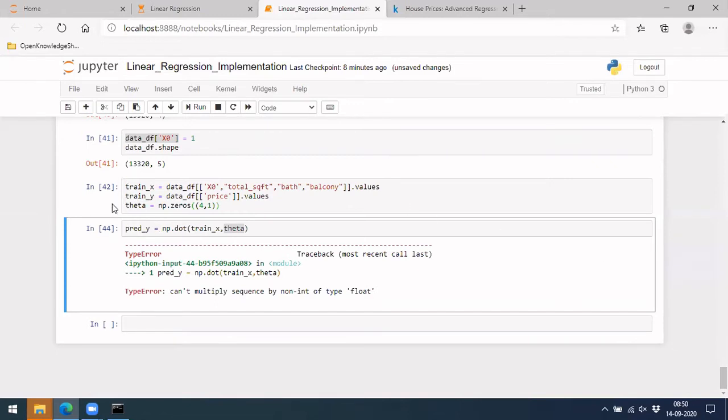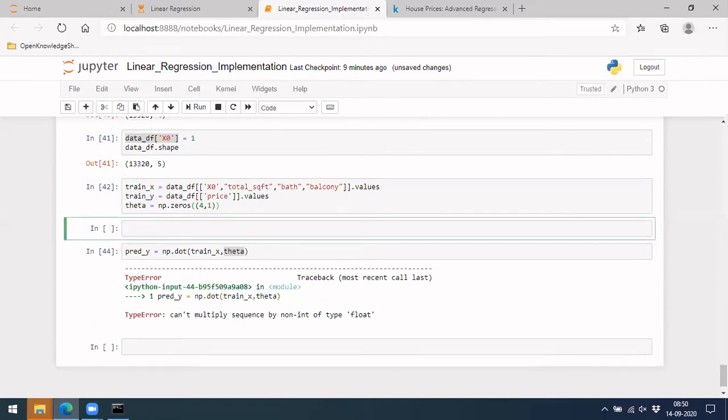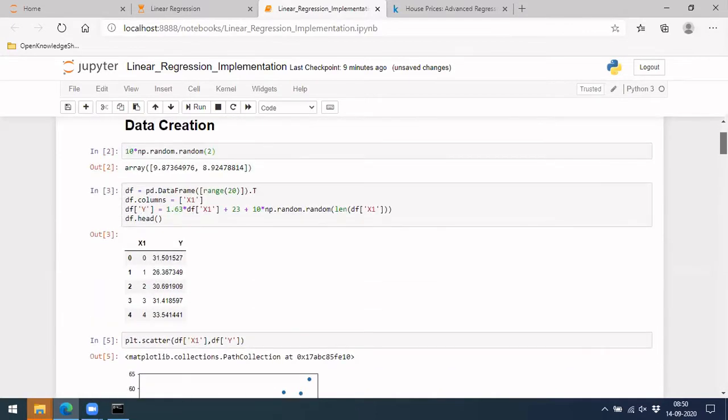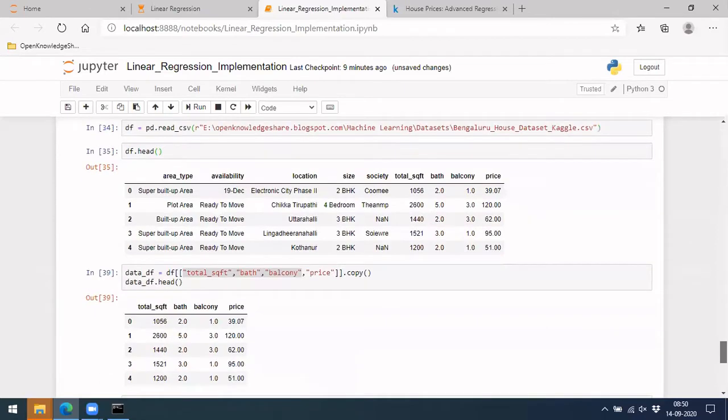Maybe this particular one is not so clean, and we need to do some pre-processing steps to make it well. So let me do one thing. Let's use the same code here, with some columns like this, and then we'll do it. But the process would be the same. It shouldn't change anything.